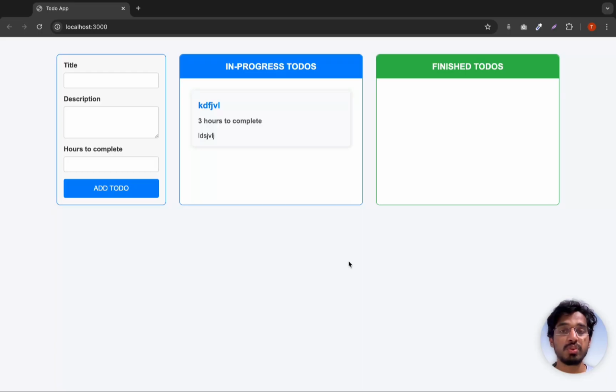There is just one feature that is missing within our Todo app, which is the drag and drop feature. A user should be able to drag and drop from in progress to-dos to the finished to-dos. And not just drag and drop, we also need to update the state of the to-dos. Remember we also had a status of the to-do, whether the to-do is completed or finished. We have also created that enum type, right? So we also need to update that, and we also need to handle drag events within a